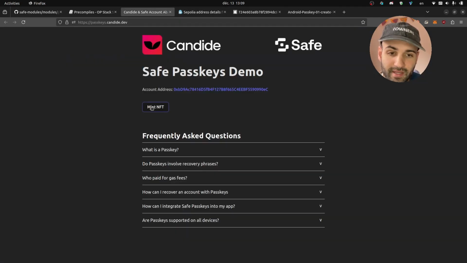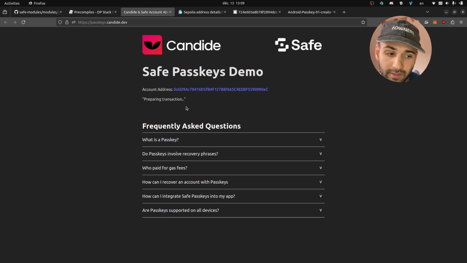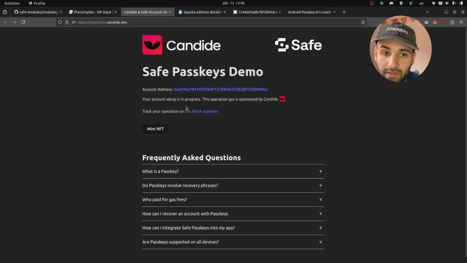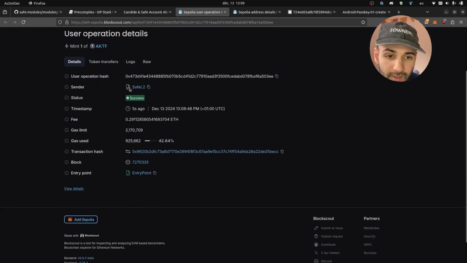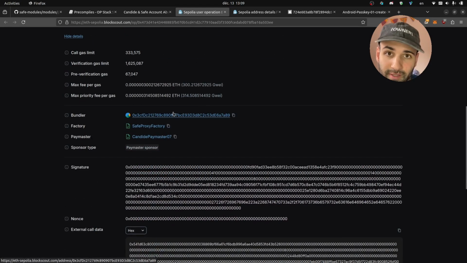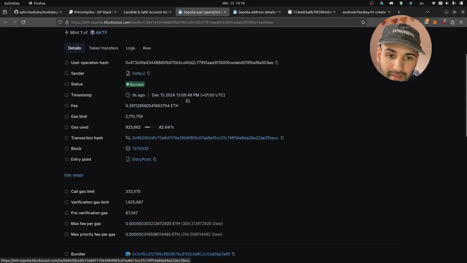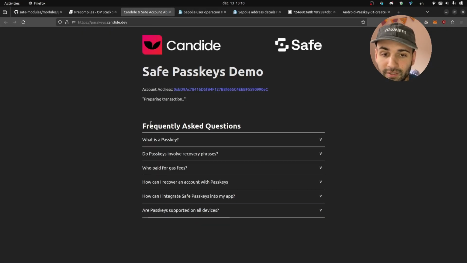Once I hit mint NFT right here, I'll sign a transaction using my passkeys, and here I'm using again my YubiKey, my security key, in this example. And then I just submitted a transaction. The gas was sponsored by the sponsor here, Candide, and then we can go and track the user operation on the Block Explorer. And right here we actually deploy the Safe, and that Safe has the WebAuthn module enabled as the owner of the Safe,